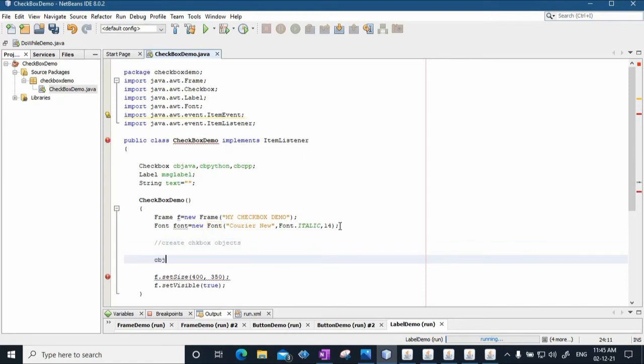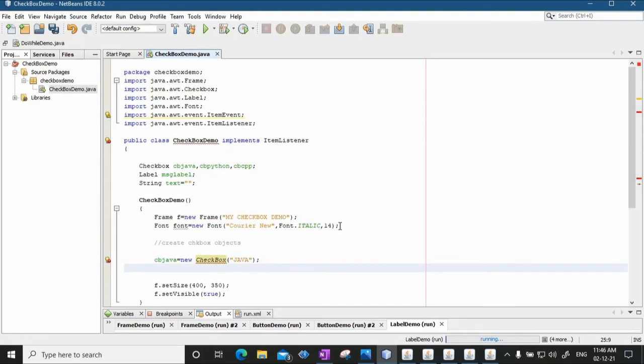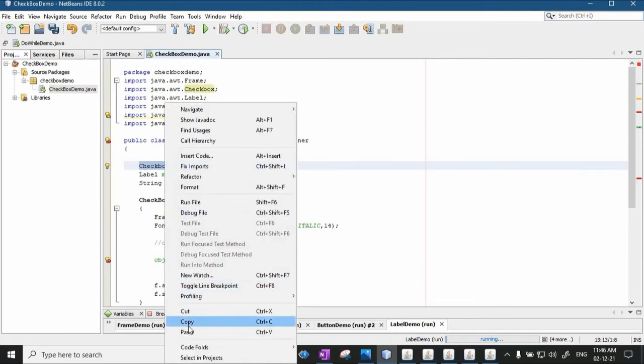I'll say cbJava equal to new Checkbox, and the name of this checkbox that will be printed beside it will be Java. That's the name of the checkbox. There is some error, I'll just copy and paste it here.